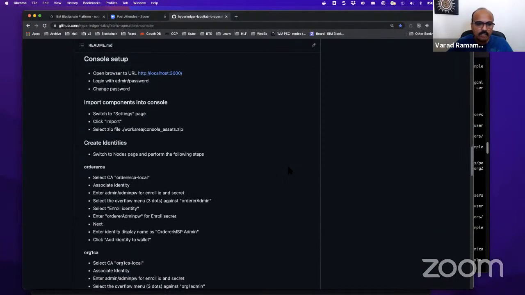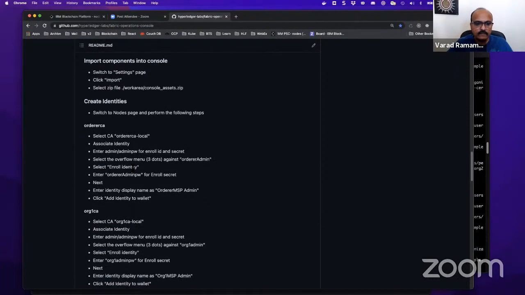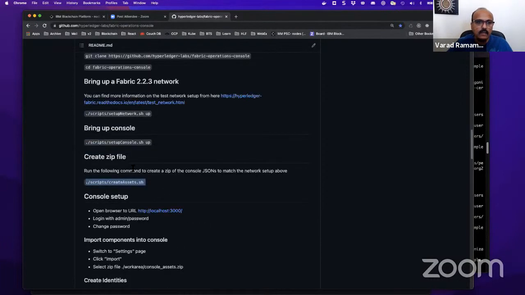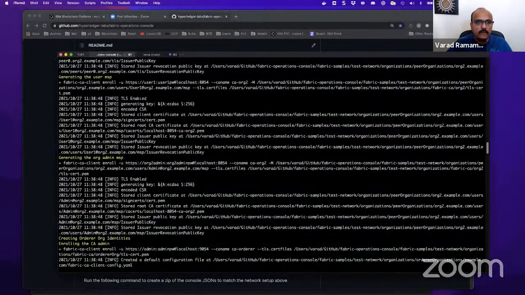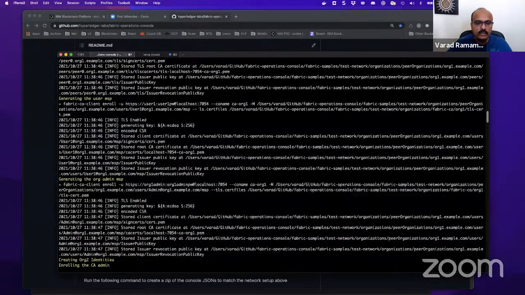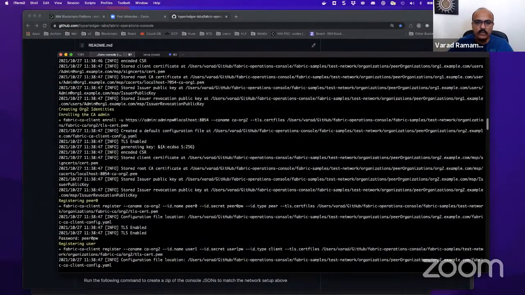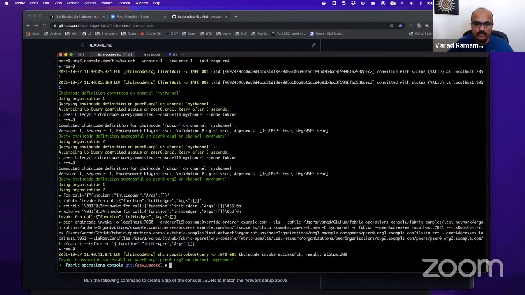And once you do that, again, you can go through the steps to basically create certificates. We can briefly see some of that. But what I did in advance is I ran the setup network script, as you can see, to save some time, right? So this is all, again, going to Fabric samples and then creating a network, nothing specific that's console in this case. And then the next step we would do is,